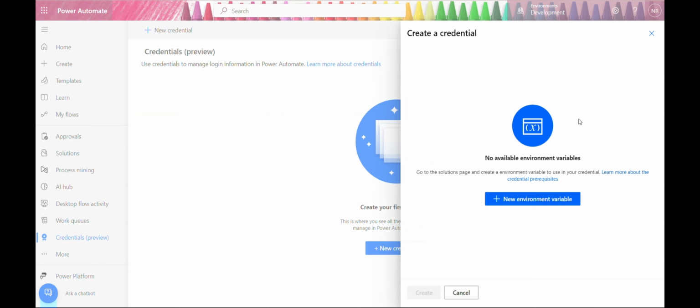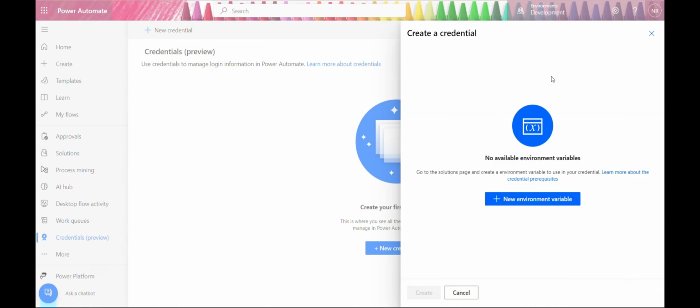So in order to utilize the username and password, we have to create the environment variable. So what is an environment variable? Variables which are subject to change from one environment to another. For example, you have an application in development and production which has a different URL, right? So the URL is subject to change from development to production. Those kinds of values are stored in environment variables. Also, the username and password are different for development and production,